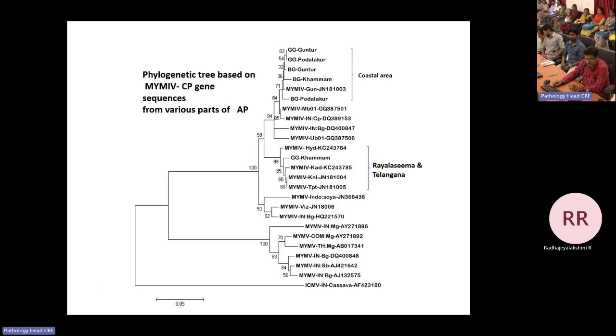During that time we also collected some more isolates from Rayalaseema, Telangana, as well as the coastal area, and the coastal ones are forming a separate variant, and maybe Rayalaseema and Telangana another. See here, Begomoviruses keep changing. It's not universal. They don't stay fixed. Even if you take an isolate from this year and compare it with an isolate from next year or next season, there must be some differences.